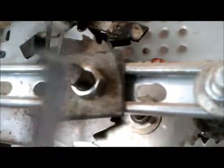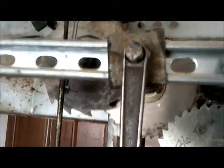Anyway, it turns out that 5/8 inch threaded rod forcefully goes through the holes in all thread, or 3/8 threaded, or unistrut. However, 1/2 inch national pipe goes right around 5/8 threaded rod, and saw blades are 5/8 arbor. So there's your whole business about the pinion going to the welding to the blade, and then you put your washers through, and next thing you know, with just junk and very little filing,